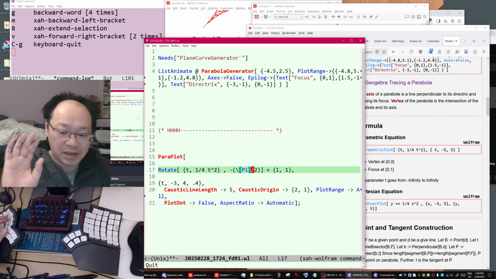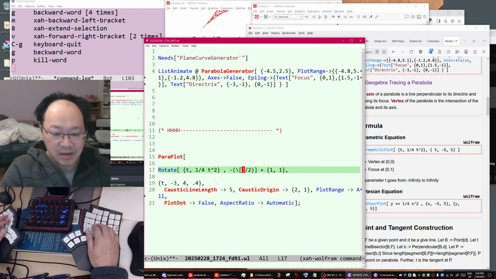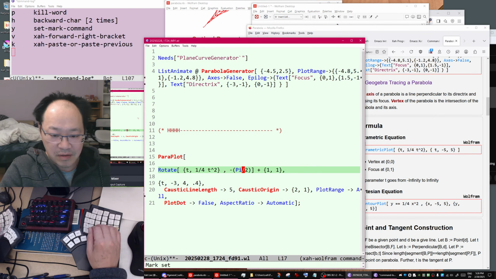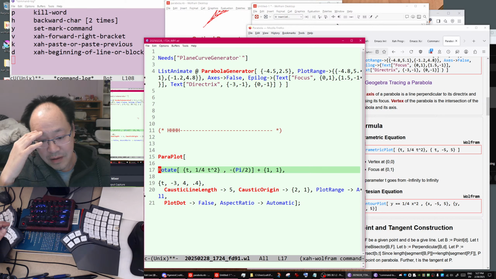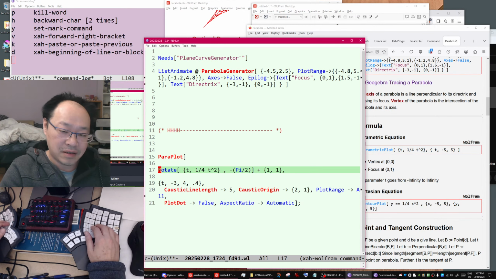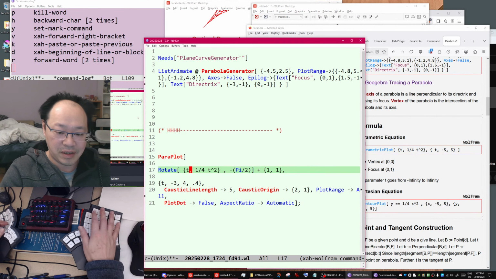Pi over 2 is 90 degrees. Actually, let's not use that. This rotate formula I wrote 30 years ago, so you don't want it. Rotating 90 degrees is just swapping, so let's do this manually.